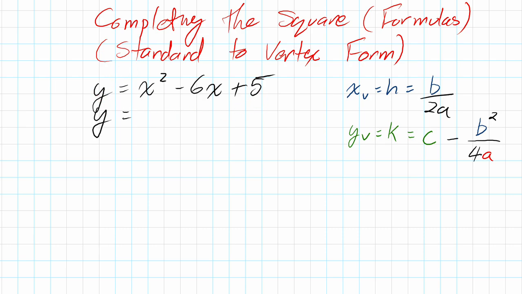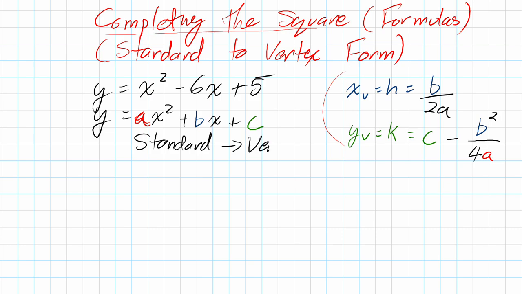y is equal to some coefficient, ax squared plus bx, and then plus c. This is the standard form. We go through the algorithm completing the square, or we're going to use some formulas I have here on the side to take it from standard